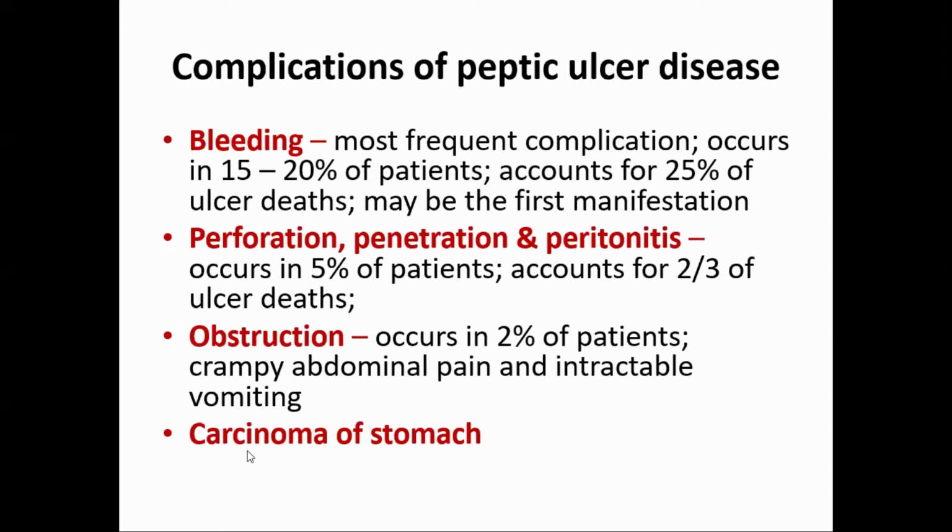So these are the complications. You should know what the various sites of peptic ulcer are. Then what is the etiology of peptic ulcer, those offending agents. Then what is the pathogenesis, that is, what are the offending agents and what are the defending agents, and the balance between the two. When the balance is disturbed, imbalance occurs, then ulcer will be produced.